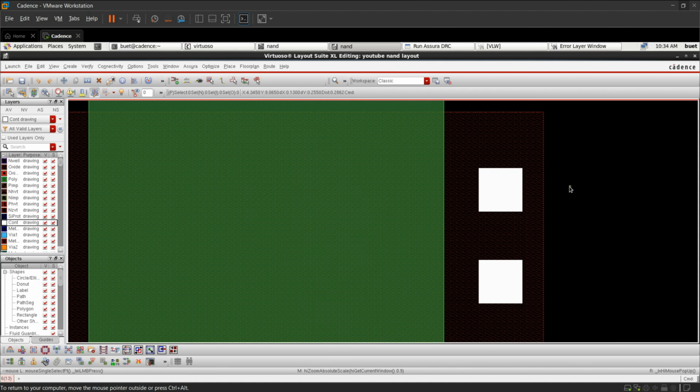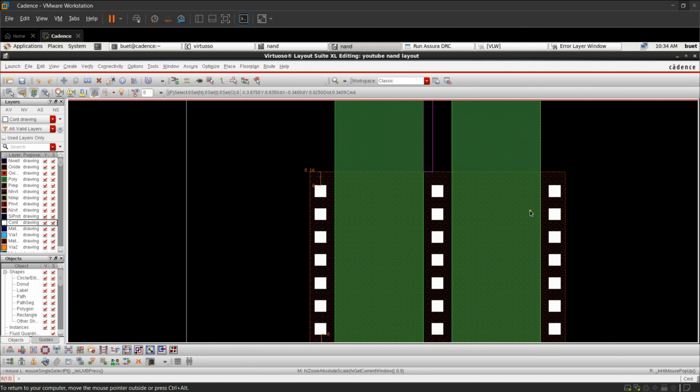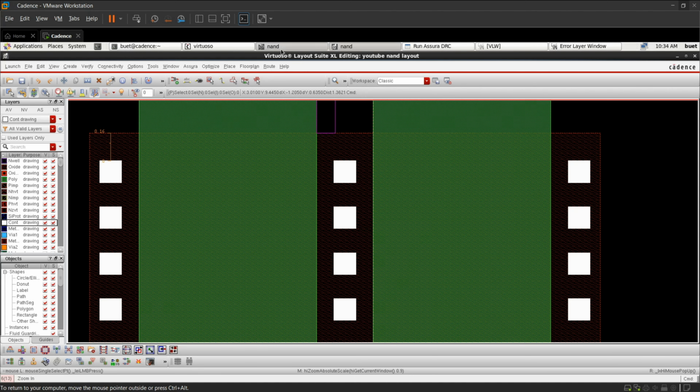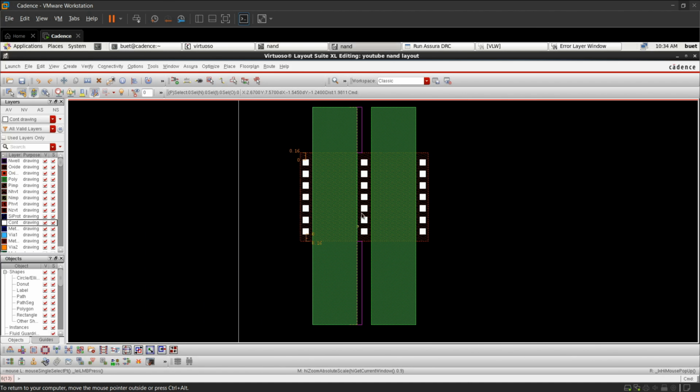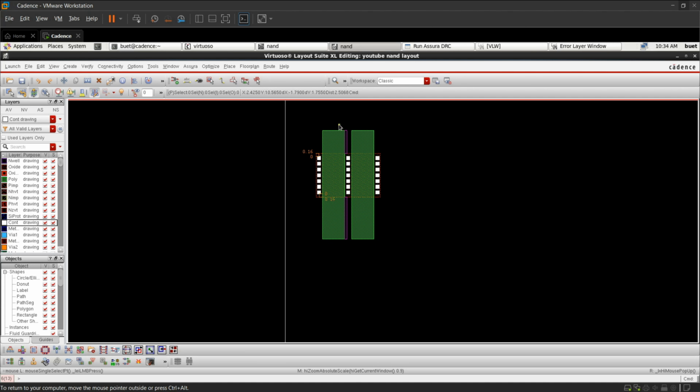Right now we have created all the terminals, because as you can see in our schematic, both the terminals are common. That's why we are going to make this terminal common. This is going to act as a source, this is going to act as a drain of this transistor, this will be the drain of the second transistor, this will be the common source. Okay, so next